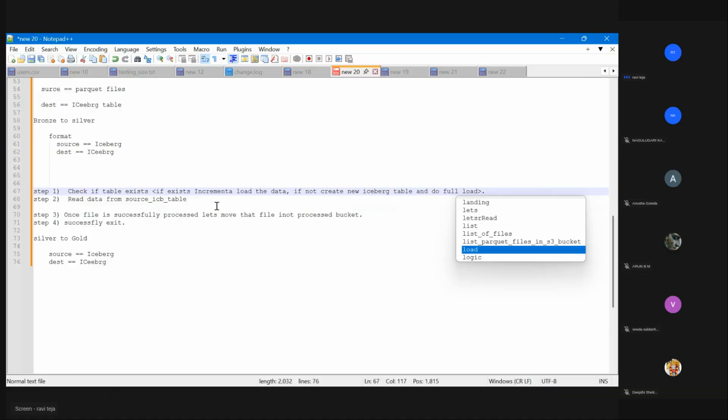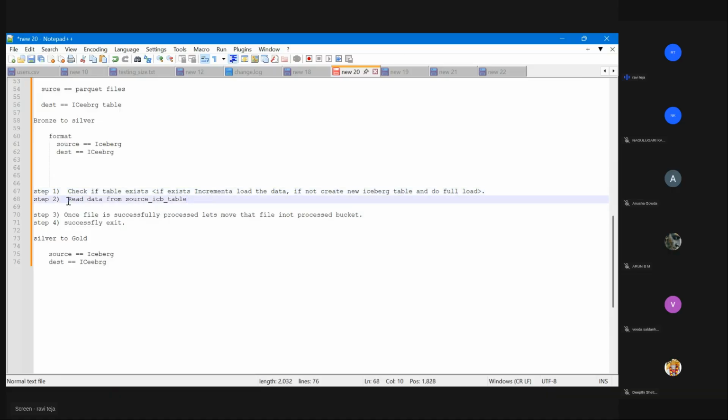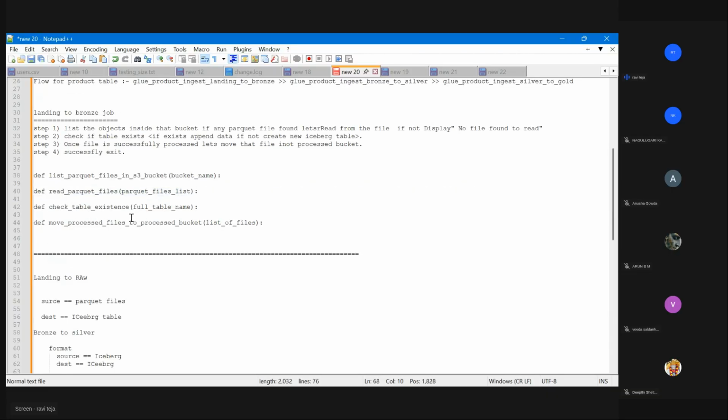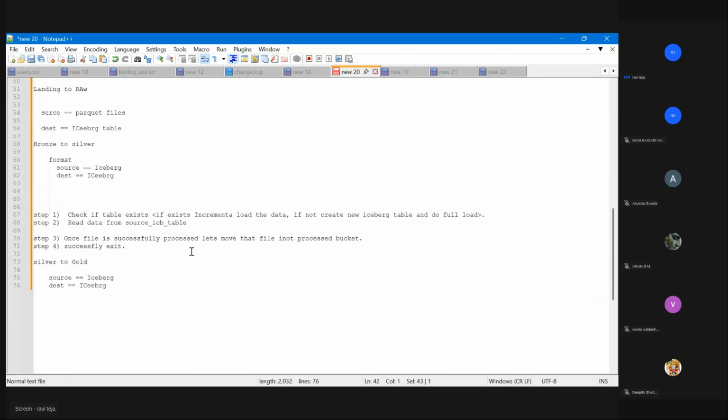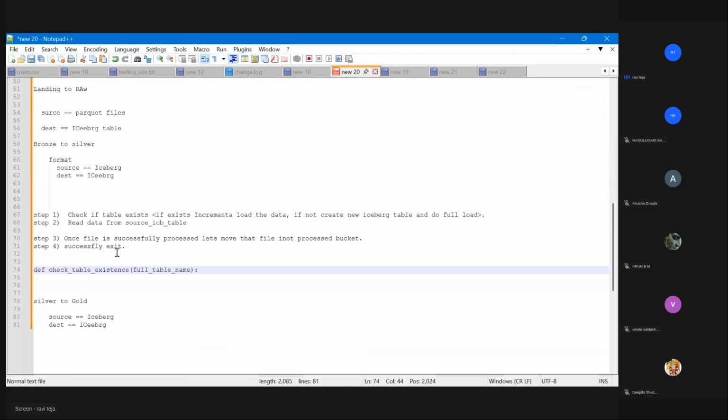Now, how do you check if the target table exists or not? With the help of the check target table exist function. With this function you will do it. Based on this I will decide whether to go with full load or incremental load.